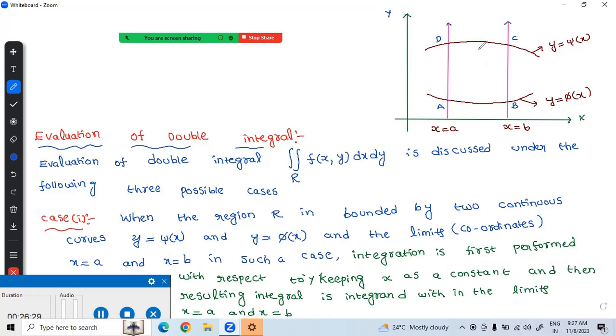So first, what is the integrand? First keeping x constant. So find one rectangle, PQ. This is the area. First find out this area and next find out this area. So mathematically expressed as